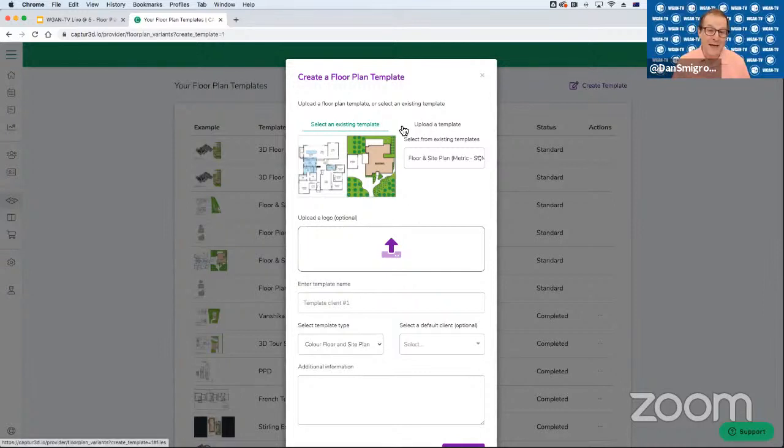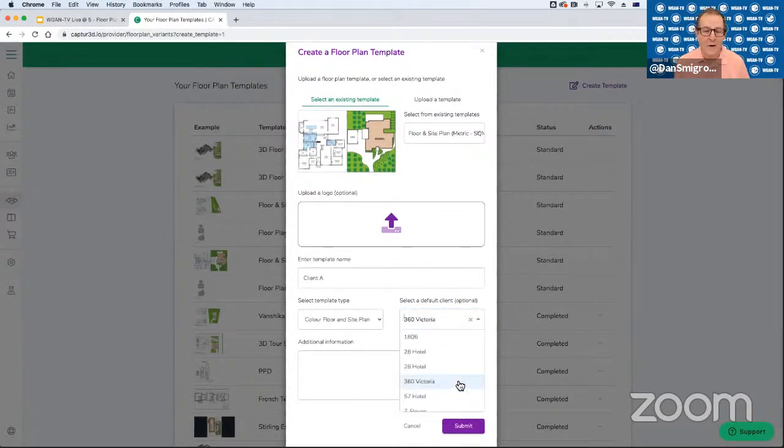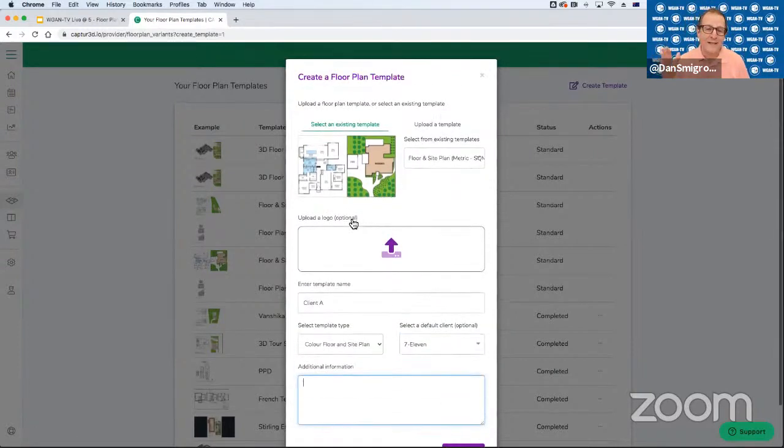So this is the page I would use to say, okay, client A, these colors, these logos, this disclaimer, this following text, whether I want room labels, whether I want measurements, etc. And then I could keep doing this client B, client C, client D.